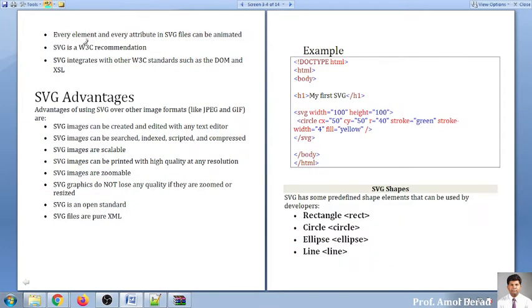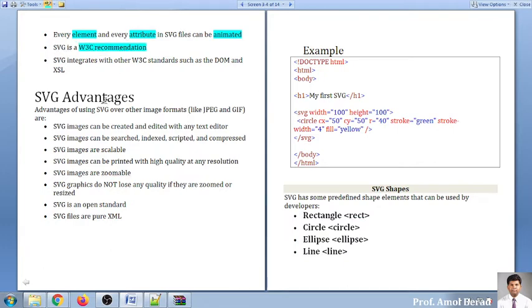Next, every element and every attribute in SVG files can be animated. So whatever you write in SVG or whatever attribute you use in SVG can be set for animation. You can animate anything that has been written in SVG. Then, SVG is a W3C recommendation.